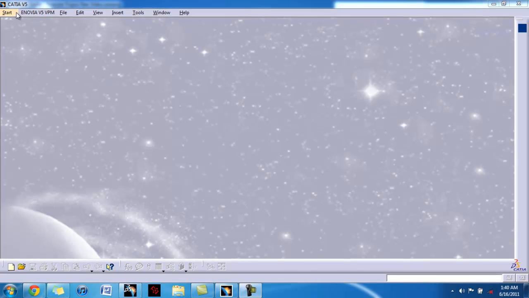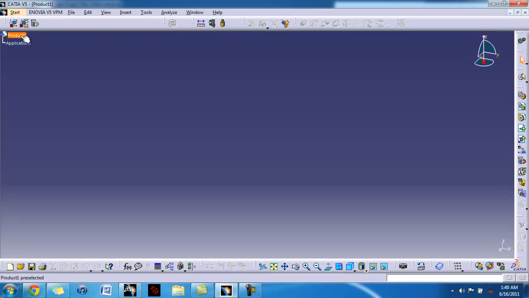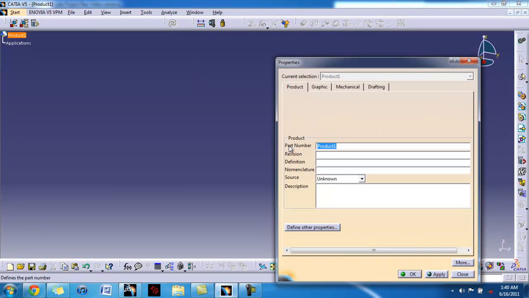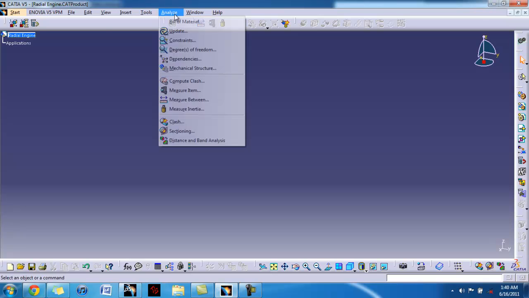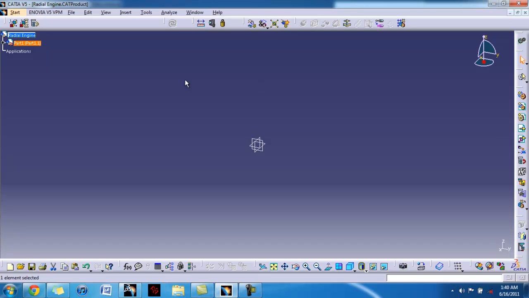We'll be showing you how to make the radial engine assembly. You want to go to Start, Mechanical Design, Assembly Design. You're going to have Product 1, rename it Radial Engine. Apply, OK. Then we're going to want to open more parts into it, so you're going to go there, got